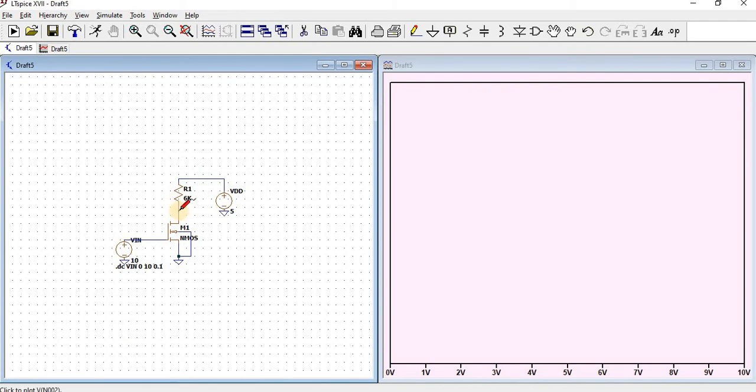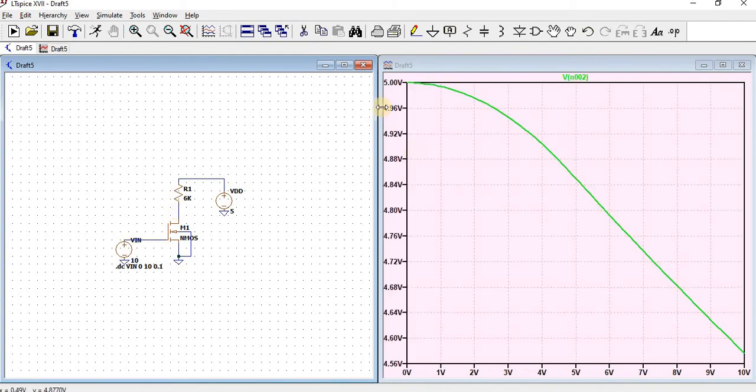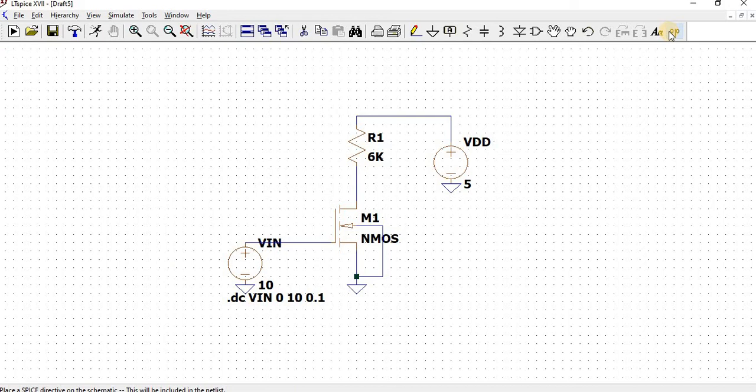So this type of curve is shown on the output window, but this is not a very correct graph. The circuit is correct, but as we know, a MOSFET has a variety of capacitors and other parameters, so we must include all of those. There are two ways to include all these things.